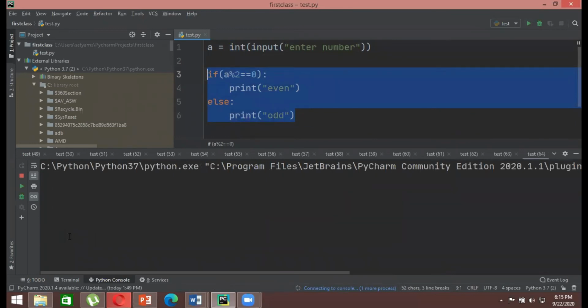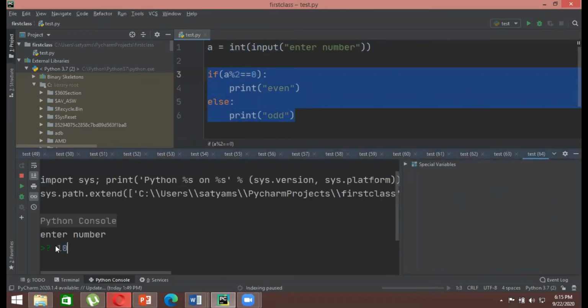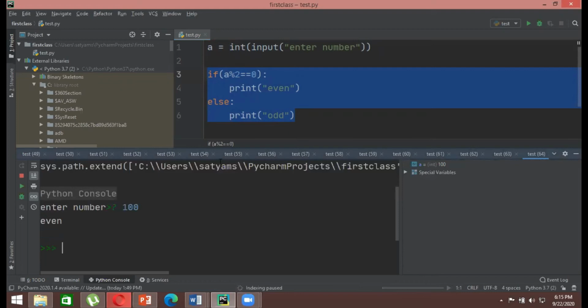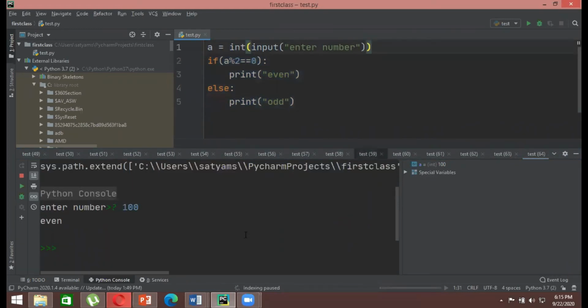And once you print it, let's say enter a number, I write 100, and it says it is even, right? So it takes the first input from the user, that it is an integer number. We have given an integer number 100, then it runs this particular first code. So it says that, okay, 100 divisible by 2, the remainder is 0. That means this condition is true, and we get even.